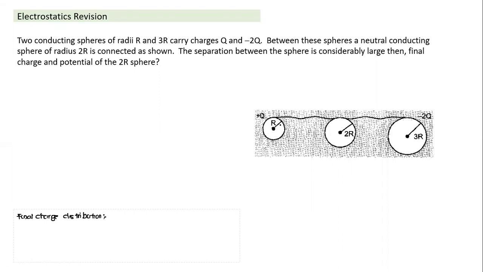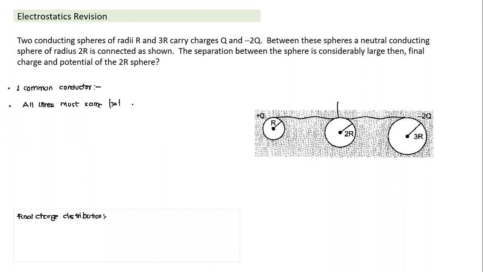The key point here is that all three are conductors. If they are connected by a conducting wire, it becomes like one common conductor, all connected together. Any conductor has to have the same potential. So we are just looking at a property of the conductor. If all conductors are connected together, all three must have the same potential. That's one way to understand.